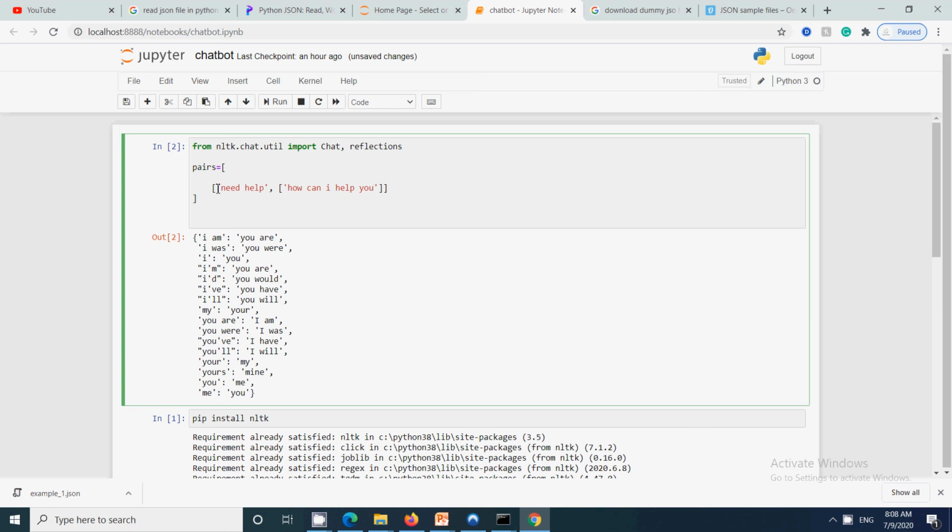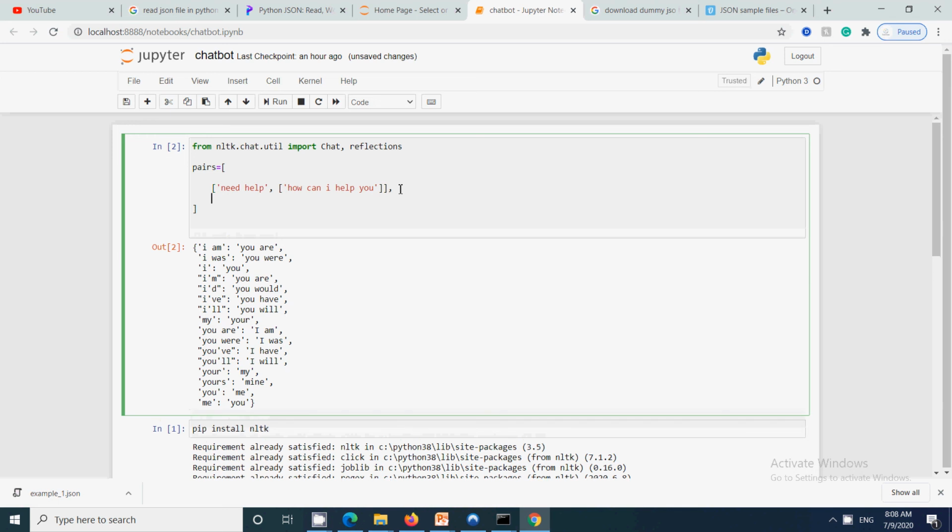Again, we can have n number of rules, and based upon that the chatbot will function. I'm just putting only two rules. Again, there can be n number of rules.